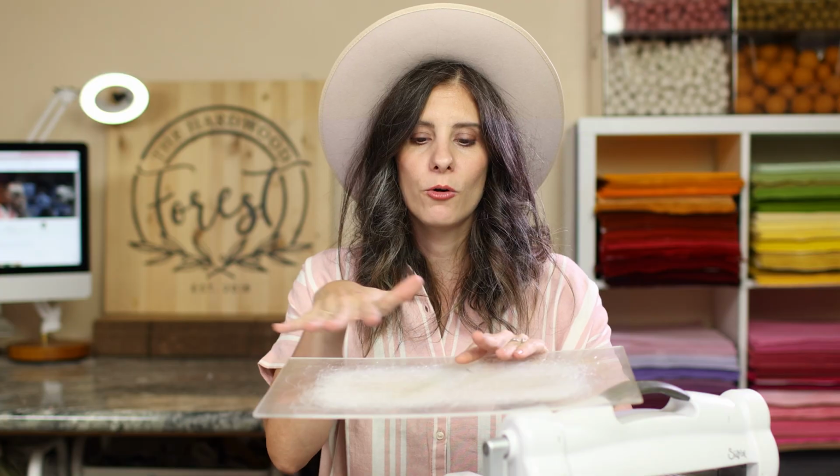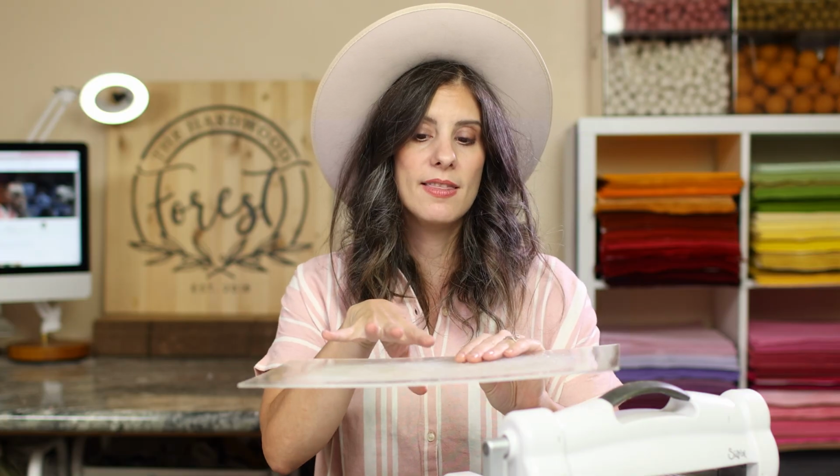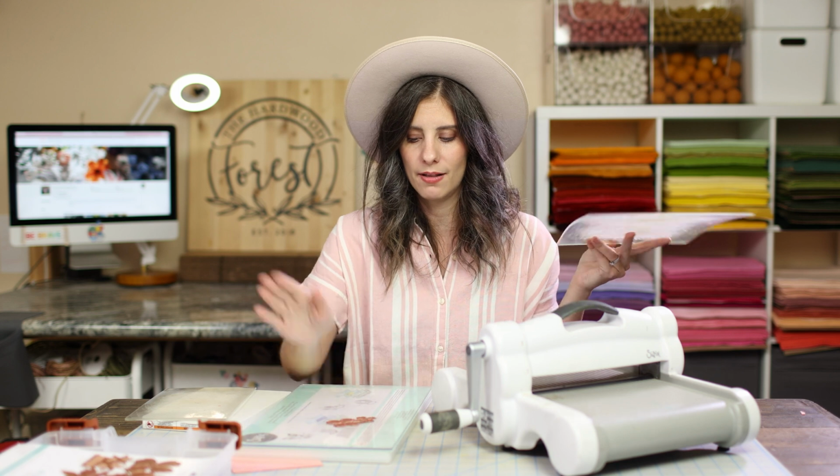After many, many cuts, your acrylic plates will have a ton of cut marks in them, and they bend and warp over time. Especially with Thinlits, you want a very flat base, because to balance stuff on here, they just kind of pop around and move around. You want to lay them down and know they're not gonna move on you, because the slight shifting will mess your cut up,